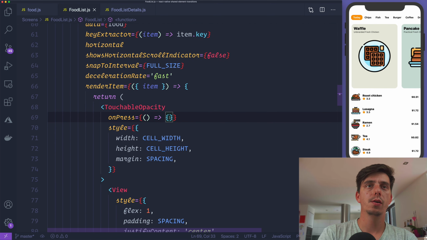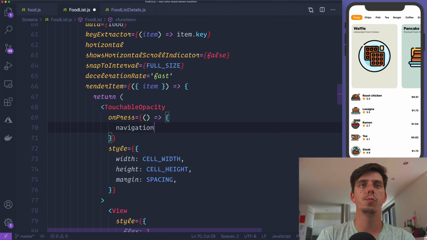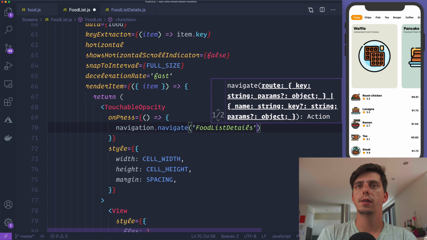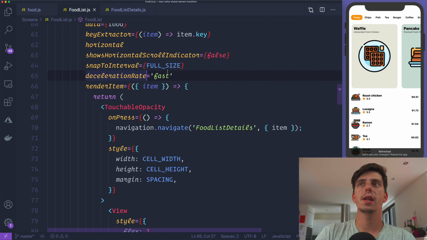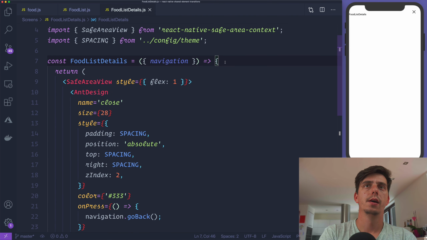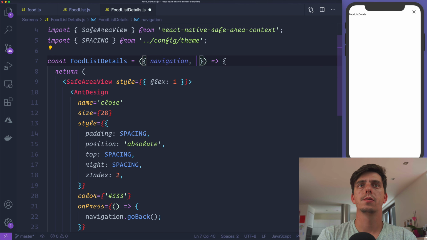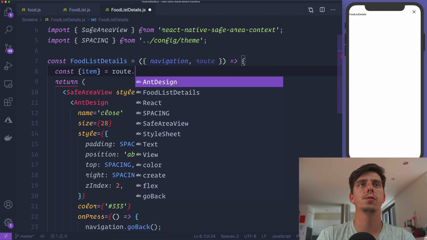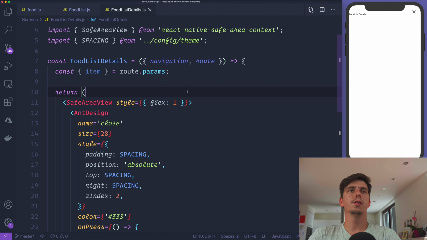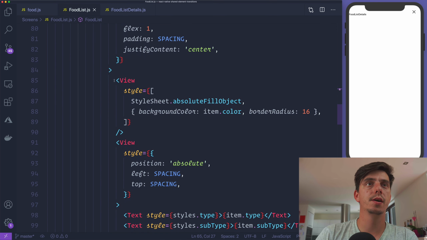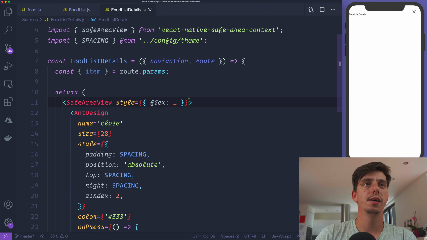So here I would like to add navigation. When you press on the button, navigate to food list details, it's called, right? Details, and pass the item. Now if we go to the item details, grab the item, so we'll have the route here, and the item we'll take from route params. And first let's display the background image. So if I'm going back, we have this beautiful view here,